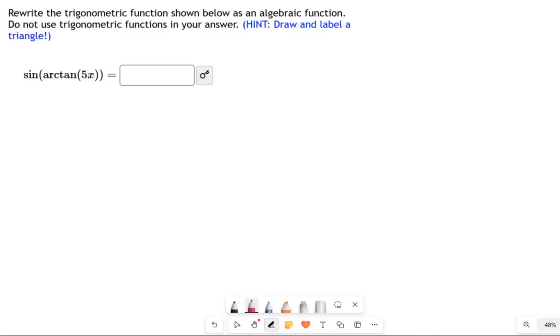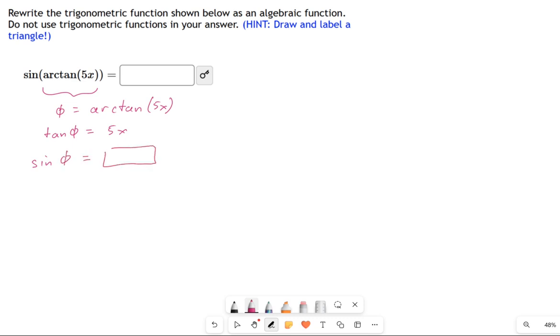I want to rearrange this problem as we started off and pretend that this thing in the middle here, this argument, is an angle, because that's what arc tangents will give us, or any arc function for that matter. I'm going to say phi equals arc tangent of 5x. And now let's rearrange that to say tangent of phi equals 5x. Okay? Now what that does for me is I can now write the original question in terms of this.